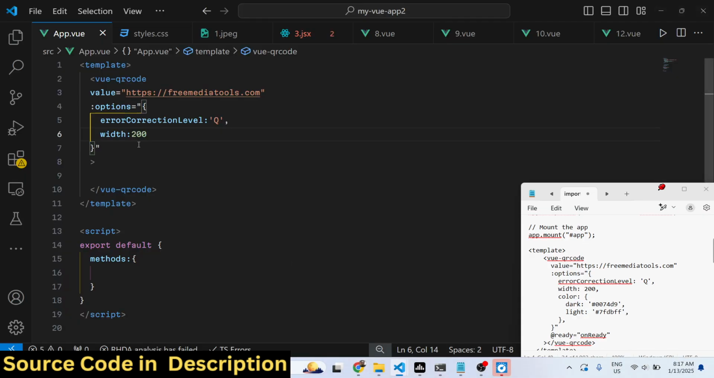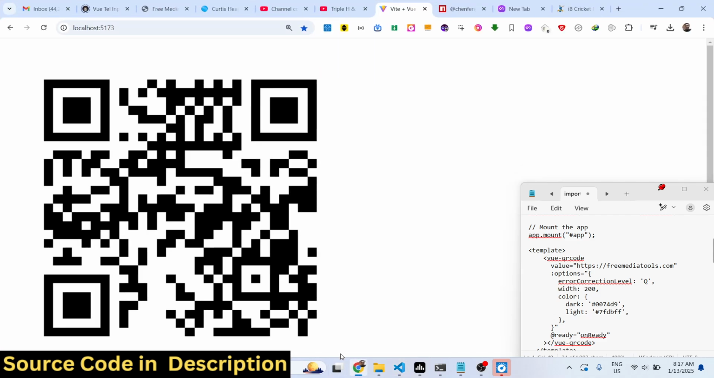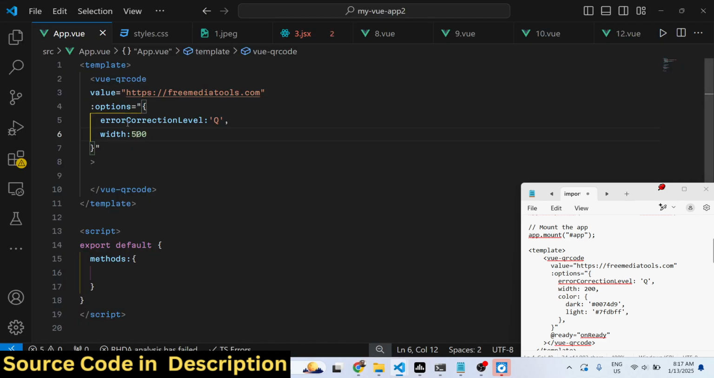I can increase this width. Let's suppose I change it to 500. Now it will be bigger. In this case you can control the sizing by providing this width property,